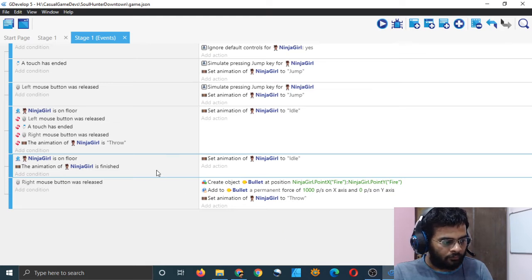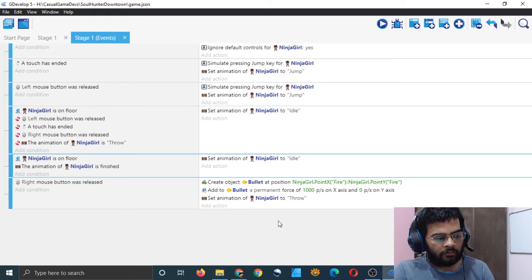So I think I can remove some of the conditions to make the code a little better, but I will not touch it right now because it's working. Let's do it. Animation of Ninja Girl is throw. I think all the conditions are necessary here, and if I remove any one of them, it's not going to work. So I will not be removing them.